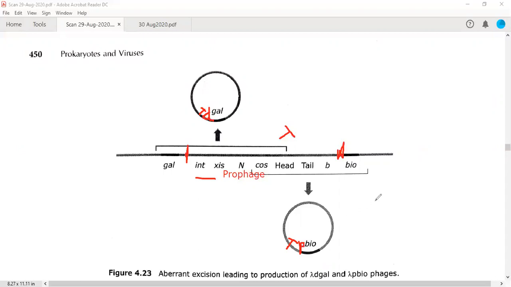Or there is a trick to remember this. You can write BP, that is, biotin synthesizing gene or bio, they are plaque forming, right? So ultimately, if they are plaque forming, the second one will not be able to form plaques, therefore they will be called defective. So this is how you will remember this.